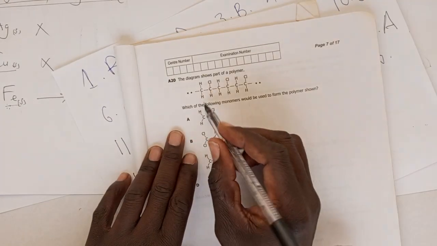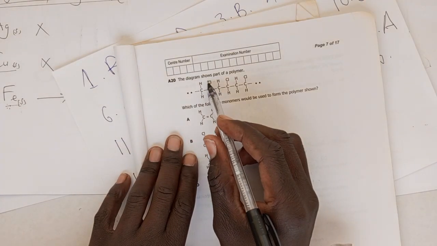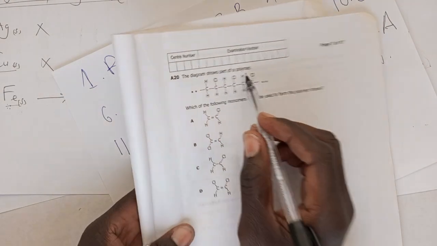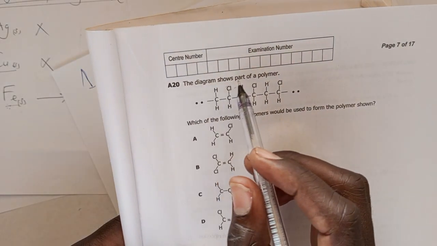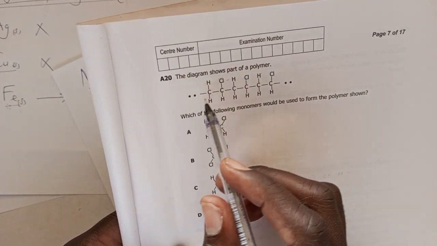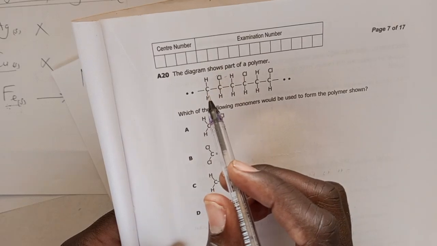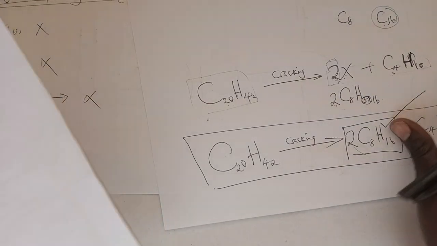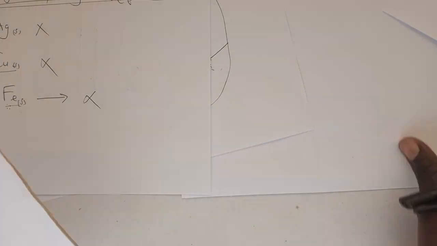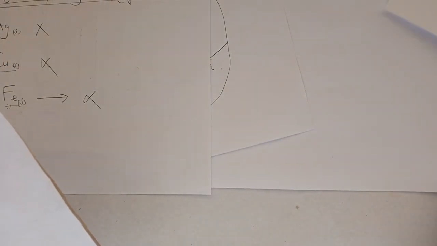We move on to question 20. Question 20 says the diagram shows part of the polymer. This is a polymer. Okay, and in this polymer, so whenever you have such a polymer, what you need to know is that its monomer must have been,